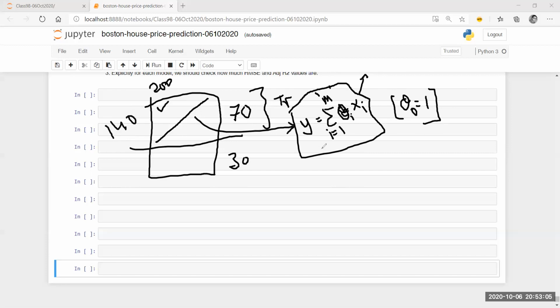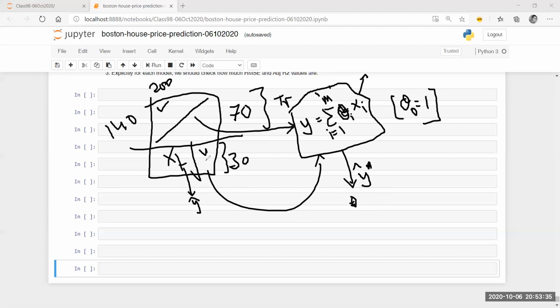So I've got this equation. Now what I'm going to do, I'm going to fit this data, which is not seen by the model, into this equation, and then I'm going to find out the output which the model is giving me. So let's say the model is giving me y hat, right, or y bar, and this y hat is going to be a good representation, and I have the y over here as well. So in case of my testing data, I have x test and y test, right? I have x test and I have y test. So I know the actual output here, right?